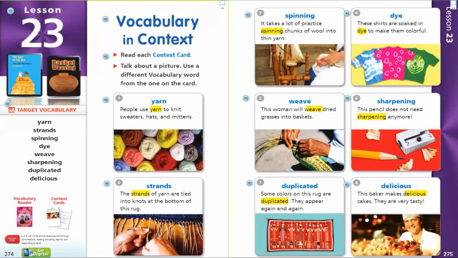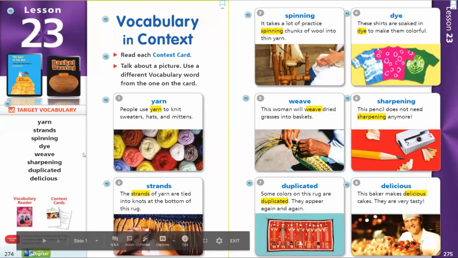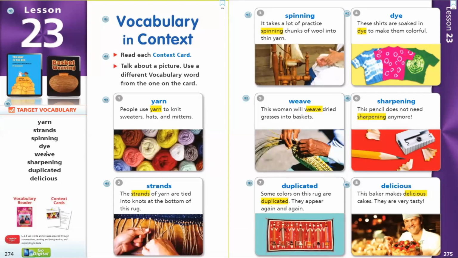We are going to start with our vocabulary. I'm going to say the word. I'd like you to say the word. I'm right over here. Yarn, strands, spinning, dye, weave, sharpening, duplicated,